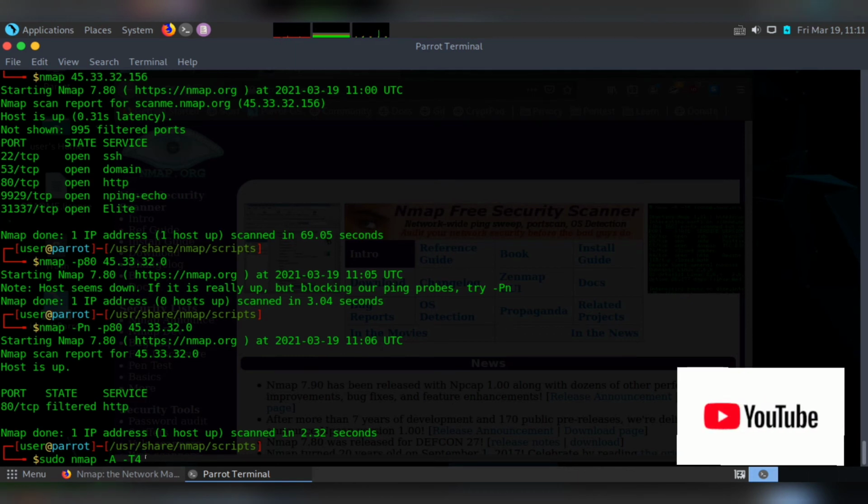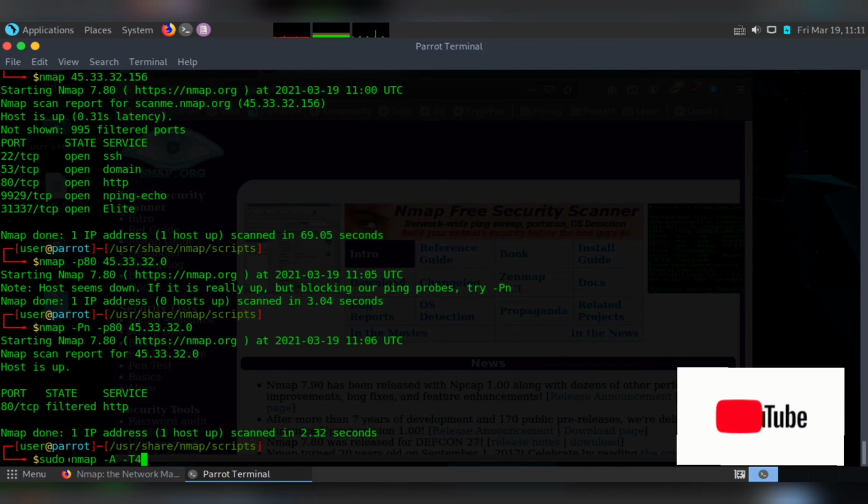What -T does is it works like a sort of timeout mechanism. If a particular port or particular service is not responding, it will have a timeout, and it will time out as soon as possible. It will be speeding up the scan and it will time out fast, so it will not wait for it to respond for much time.